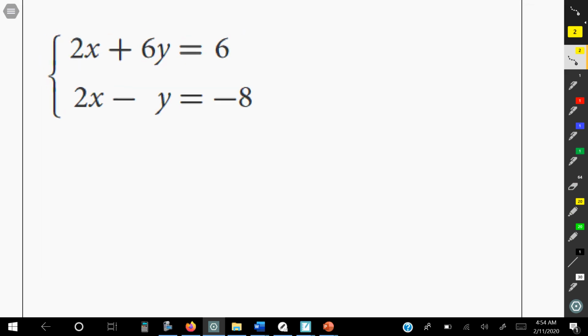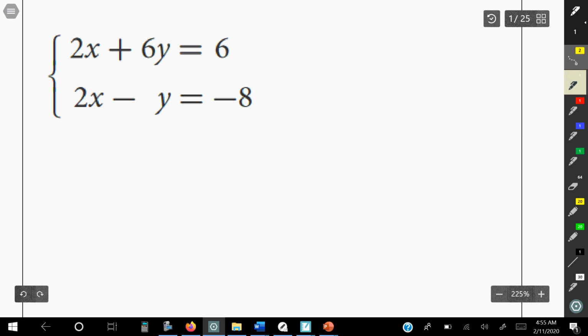Okay. So see how we've got a 2x and a 2x. But if we add them, there'll be 4x. So instead of adding, we want to subtract. But to subtract, what I'm going to do is add the opposite. So I'm going to change every term in here to the opposite sign. It's like I got a negative here that I'm going to distribute